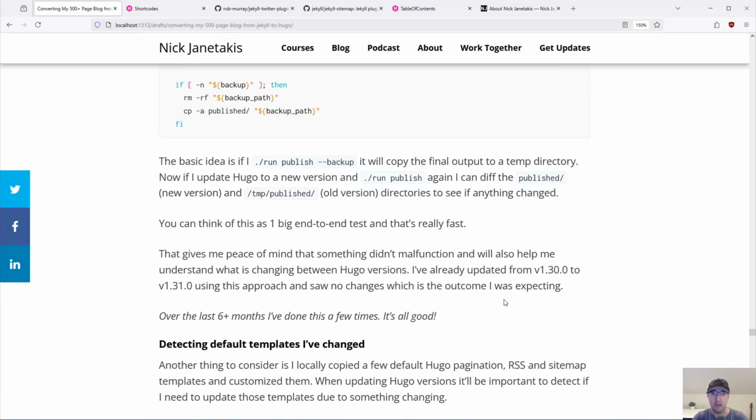Yeah, now you can just look at the outputs there. So it really gives me peace of mind that something didn't malfunction along the way there. And yeah, I've already updated quite a few times here over the last 6 months, and it's all been good. There haven't been any bugs or, you know, differences that I saw that were related to something that went wrong